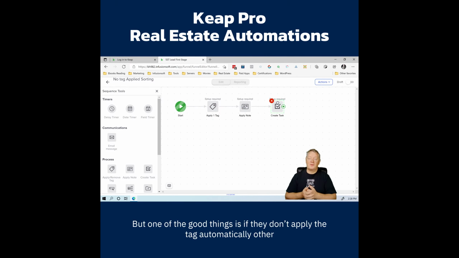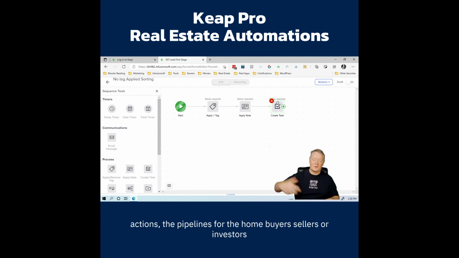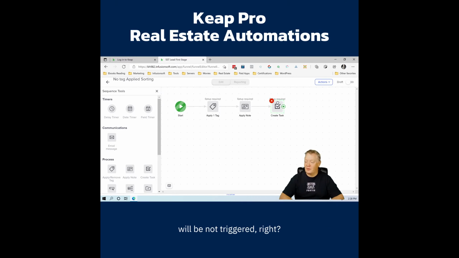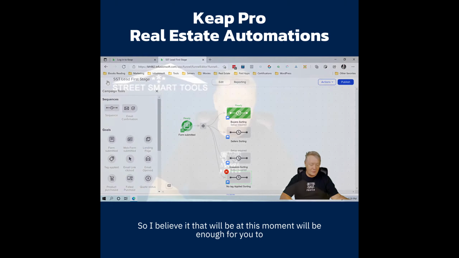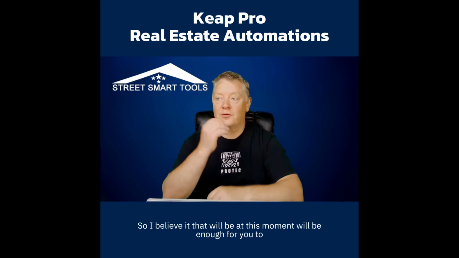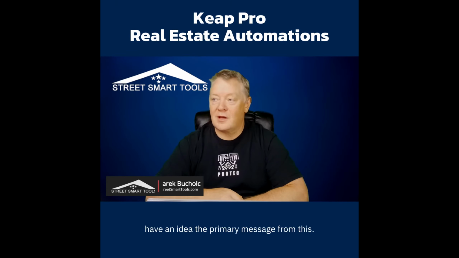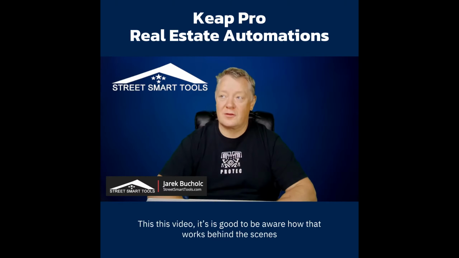But one of the good things is if they don't apply the tag, automatically other actions, the pipelines for the home buyers, sellers, or investors will not be triggered, right? And then we can customize it and apply different kinds of sequences, different operations for that. So I believe that at this moment will be enough for you to have an idea. The primary message from this video,